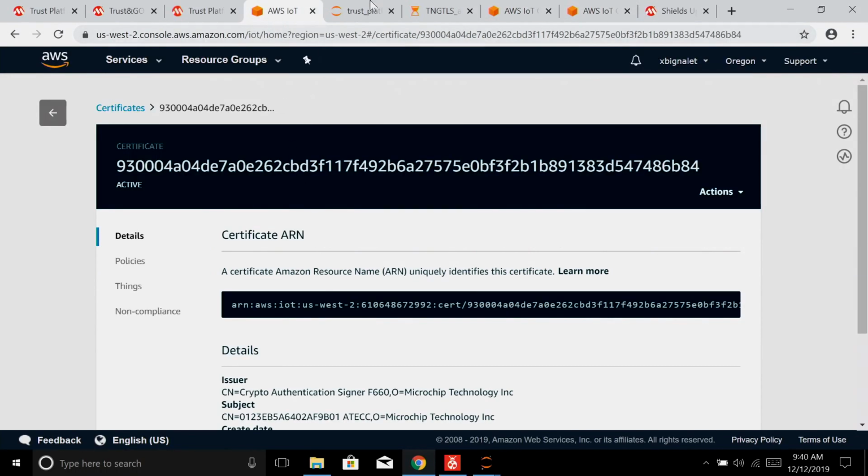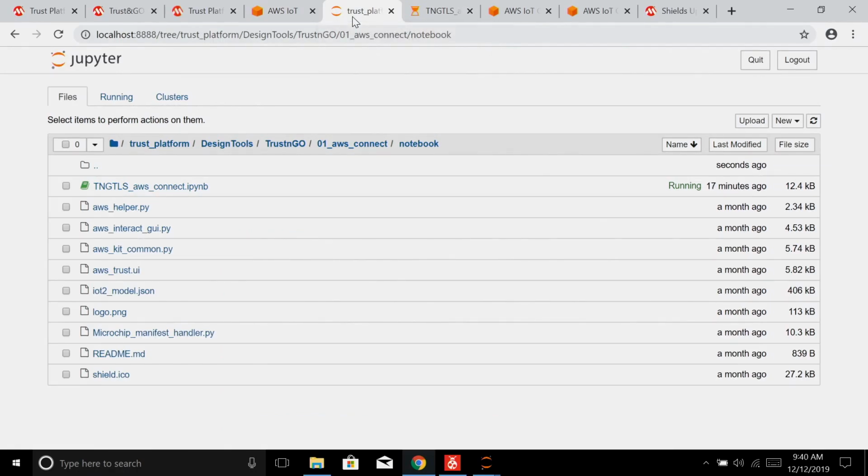Let me go back to verify this, because I've done that last year. It is not connecting. I don't know what's happening. It could be a local Wi-Fi challenge, because I was having challenges here for a little bit. Well, this room is a dark hole when it comes to Wi-Fi stuff. So while Xavier's looking at that, you want to see the...